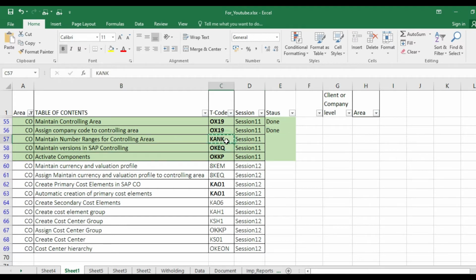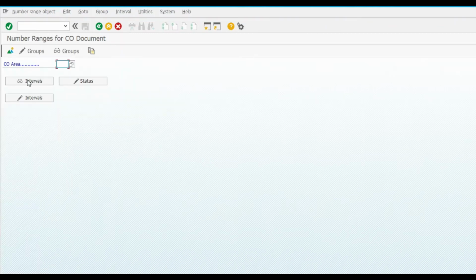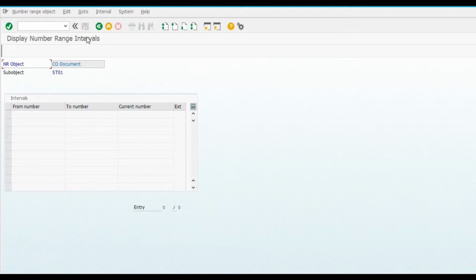Now maintain number range for controlling area. The T code is KANK. Our controlling area is ST01. Status, no group, back.